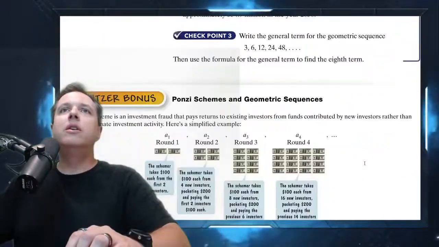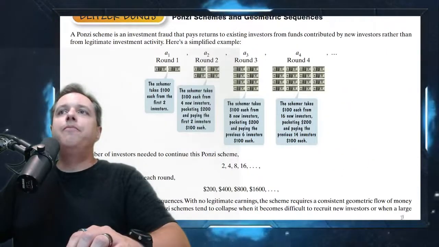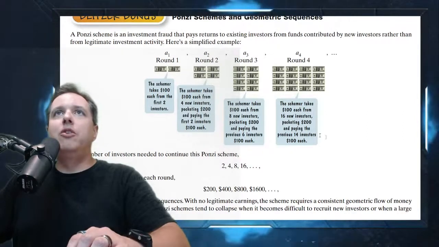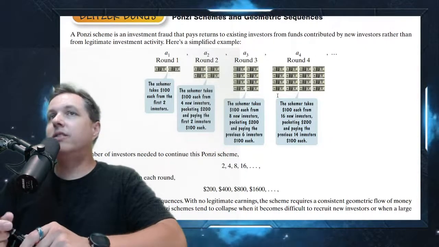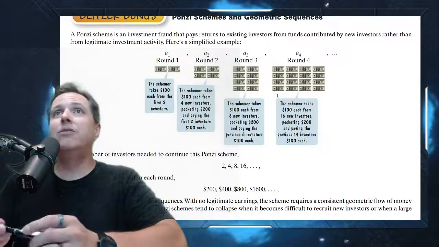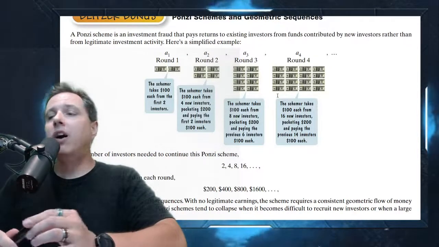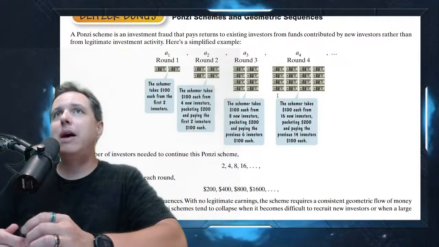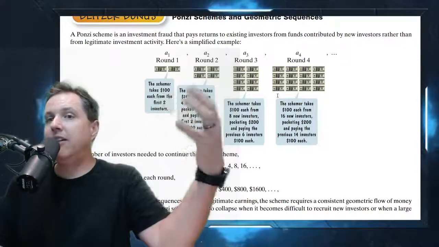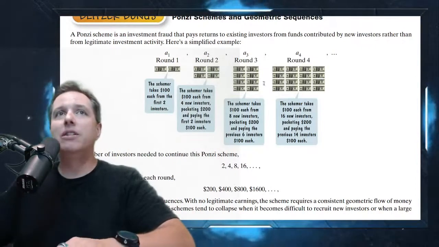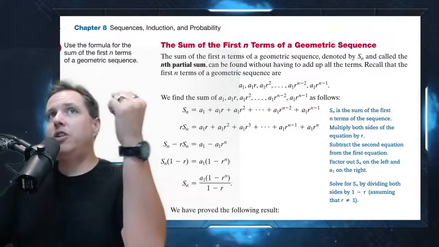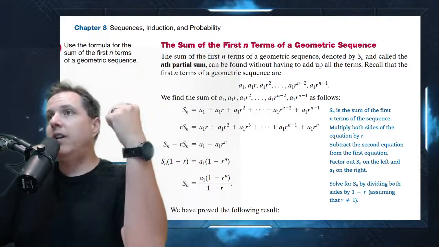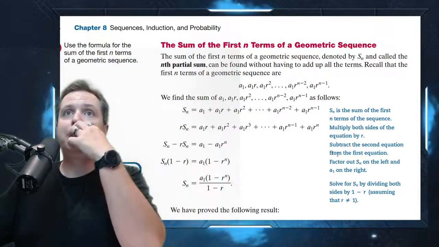Okay, let's see. Then I wanted to talk about this little bit in here on Ponzi schemes and geometric sequences. Ponzi schemes will sometimes go on for a long time and make incredible amounts of money, but eventually they collapse because the amount of money that is owed is so great that you can't hide it anymore and it comes to light. So, if your r value in a geometric sequence is large, then your values will grow very quickly.